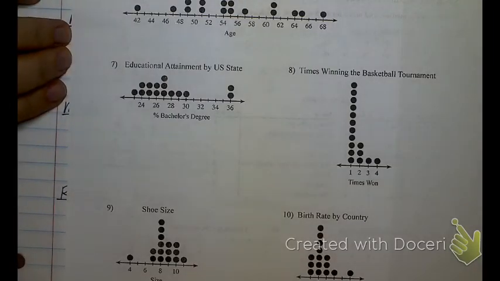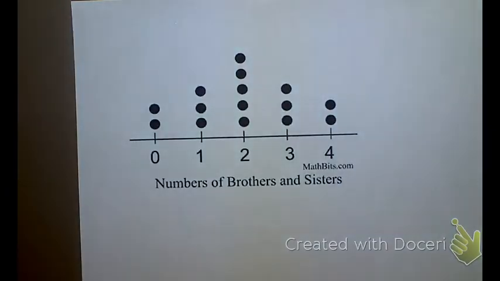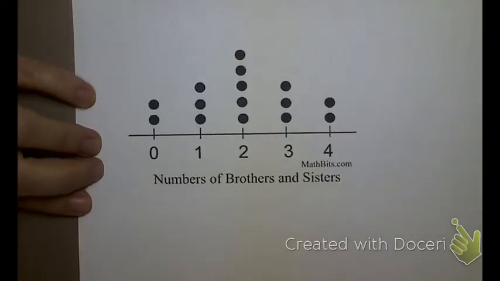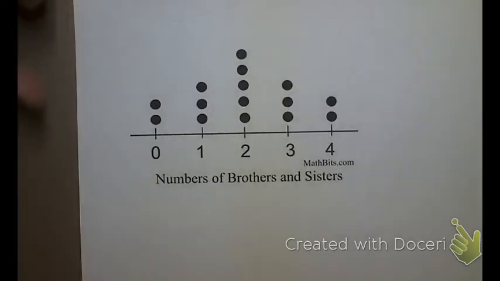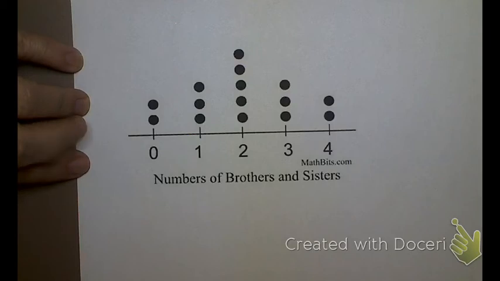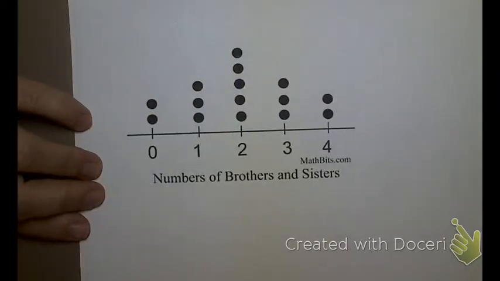Then on the back, you get to these things. What are these things called? Graph. Oh, like dot plot. Dot plot. So let me talk to you for a minute about a dot plot. That's the other thing I wanted to talk about. So a dot plot is simply a way of showing a list of numbers. Okay? Now, from the dot plot, you should be able to pick out the mode easiest. The mode is the most popular. What number has the biggest? 2 would be my mode. I can see that right off the bat.